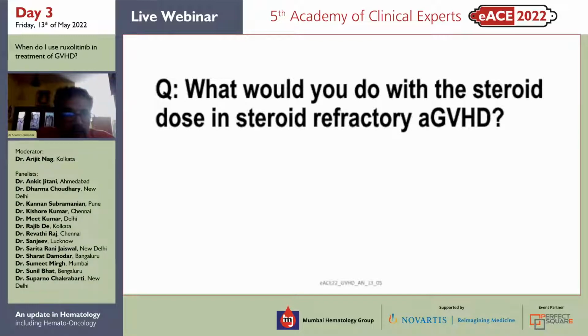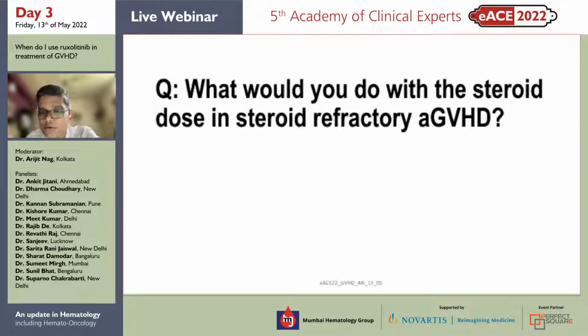Even if you've introduced Jakavi or used one of the other injectables, etanercept, basiliximab, you still need some time for bridging. So from a practical perspective, most of the time we would try to drop it, but keep it at that 1 per kg at least, and not totally take it off.